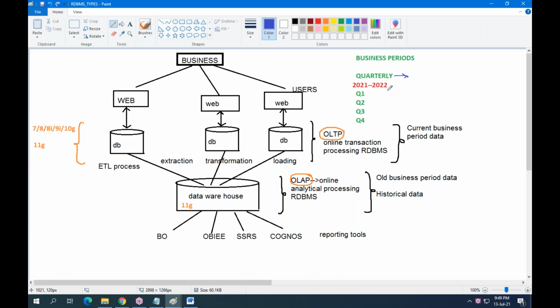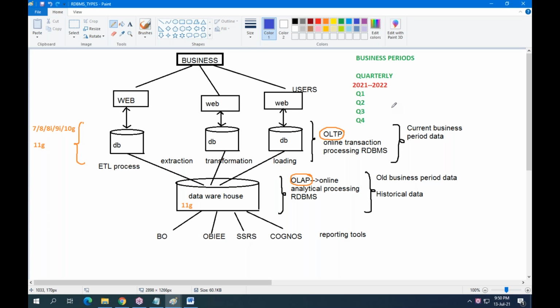So in the financial year, we have business periods. The common business period is the quarter. In 1 year, we have 4 quarters. Recently TCS announced quarter-on-quarter results just 3 or 4 days back, I think on Tuesday.